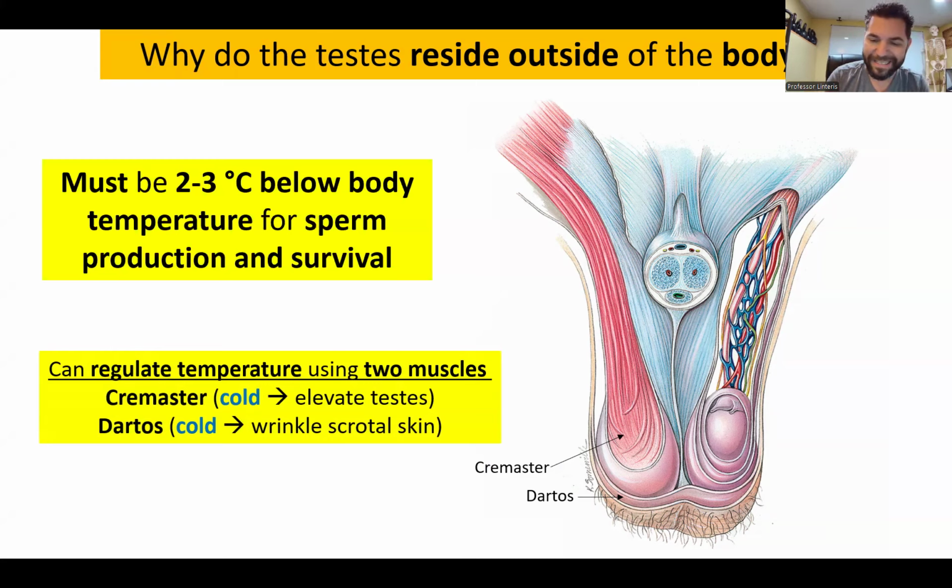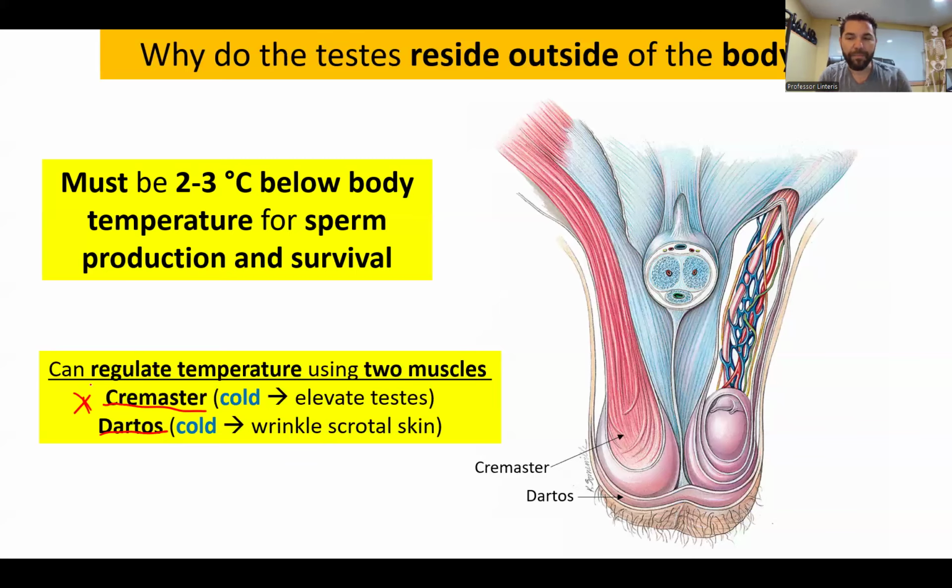So the testes have two muscles, the cremaster and dartos, that are involved in helping to thermoregulate the testes and thus sperm production, right? The cremaster pulls the testes up when it's cold to keep them warmer, closer to the core of the body. And the dartos aid in that through wrinkling of the scrotum, also bringing the testes closer to the body. So both of these muscles you should be able to recognize as helping to